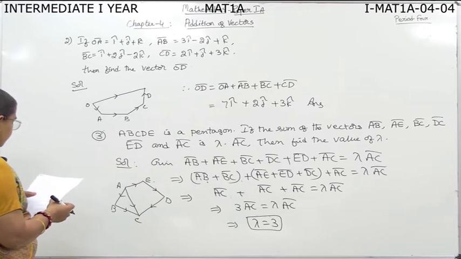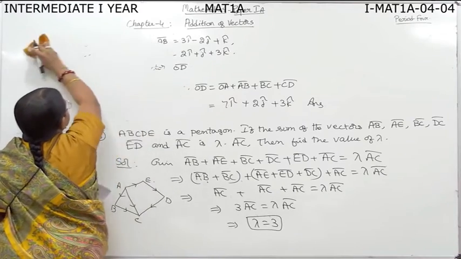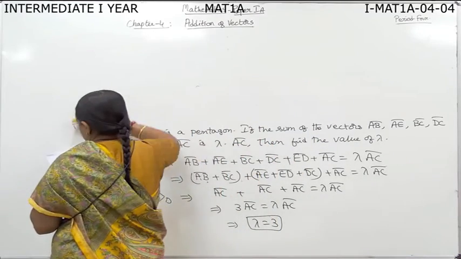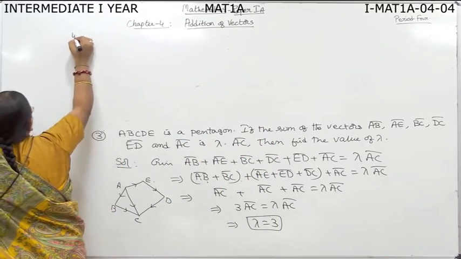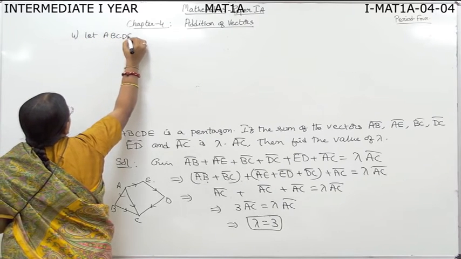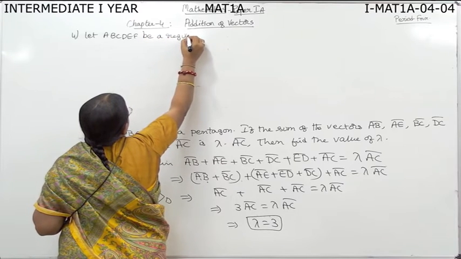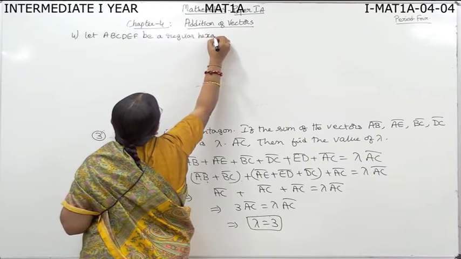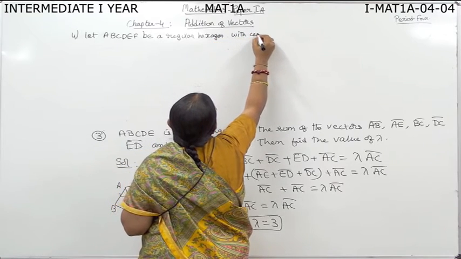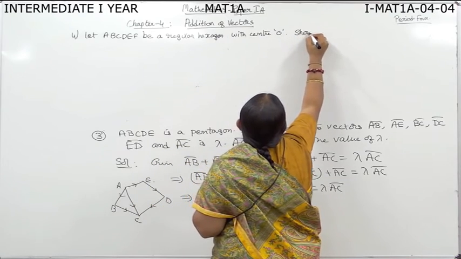Okay, next problem is the hexagon problem. Even this is very important. So the fourth problem: let A, B, C, D, E, F be a regular hexagon. Regular hexagon means all sides are equal, with center O. The center of the hexagon is O. The question is, show that